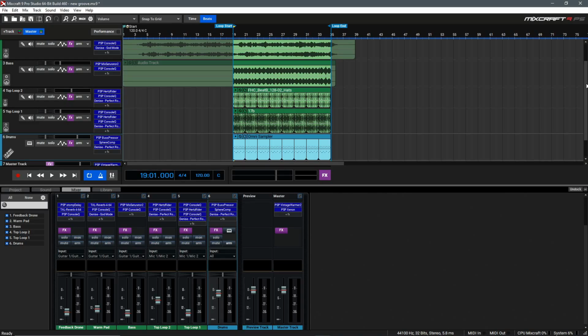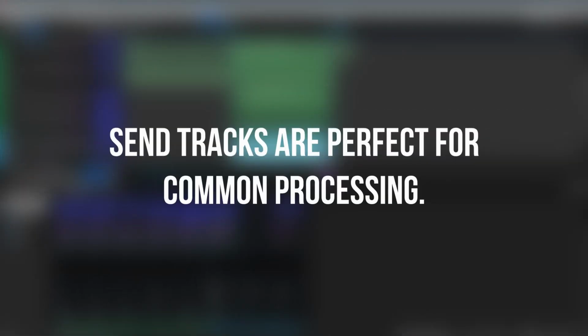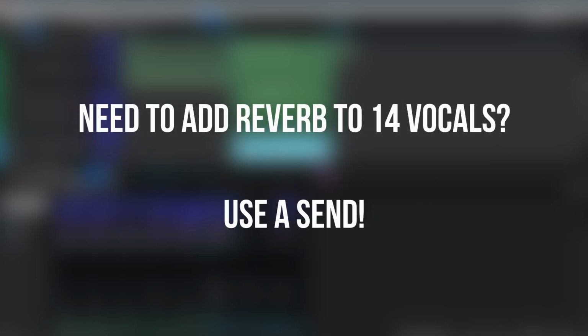In this video, we'll be talking about creating send tracks inside of Mixcraft. Send tracks in Mixcraft are a very efficient way to group common processing, or add parallel effects to your mix. If you have many tracks using the same effect with the same settings, you can offload that processing using a send track to use only a single instance of that plugin, and even add further effects for a more advanced